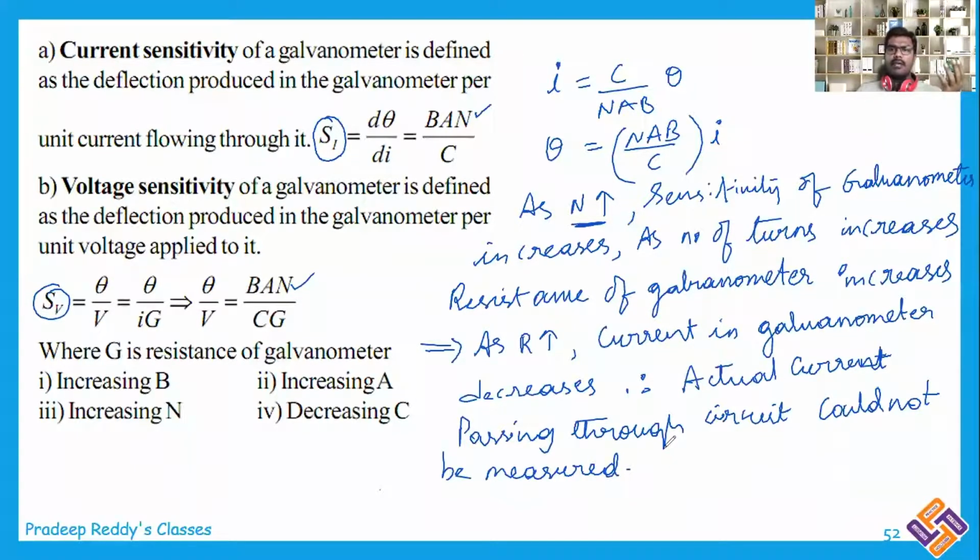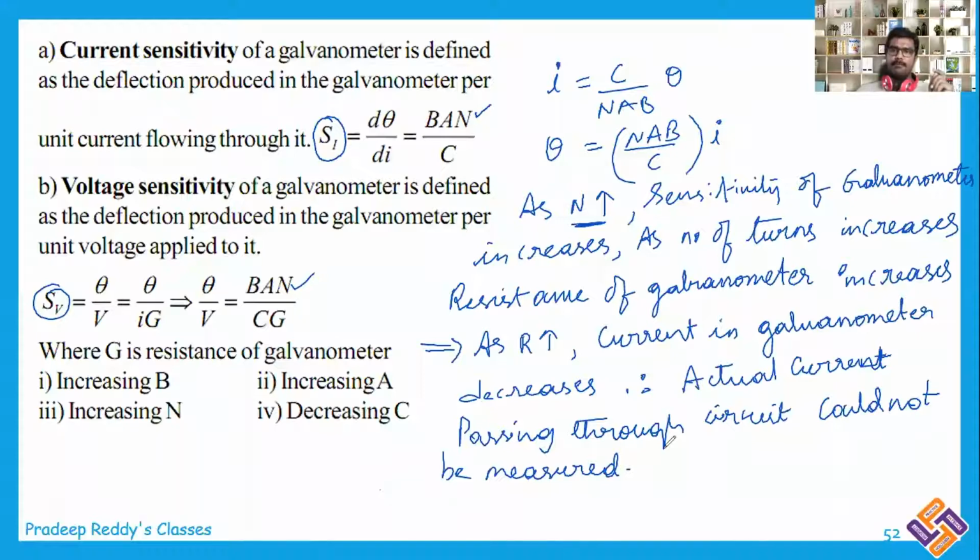It will be showing only 70 or 60 ampere because it is offering greater resistance. Therefore, it will not show maximum current passing through the circuit. Therefore, a galvanometer is just used to identify whether current is passing through the circuit or not. But to measure the actual current passing in the circuit, we will make some modifications to this galvanometer and we will